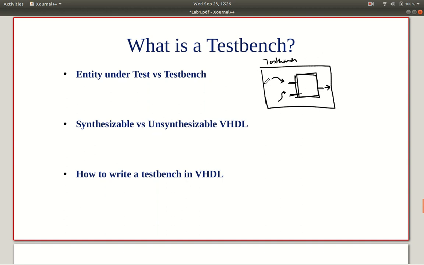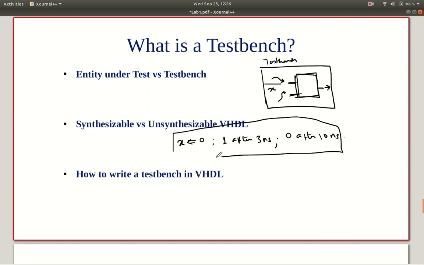So the part where you assign a value to the signal. So let me give an example. Let the signal have the name X. So X is assigned 0 and 1 after 3 nanoseconds and 0 after 10 nanoseconds. So this is a statement, it's a valid VHDL statement,